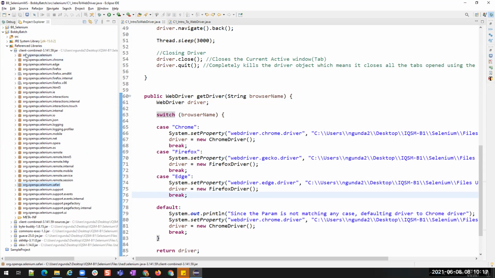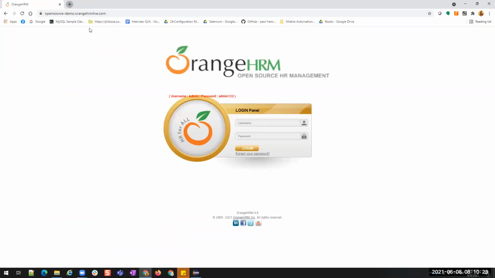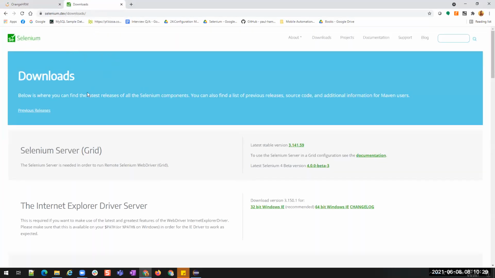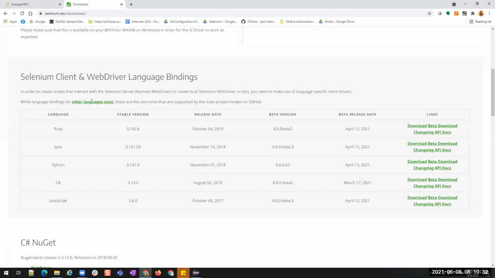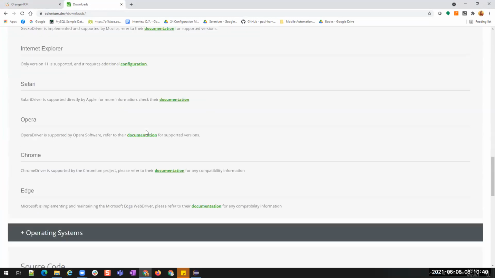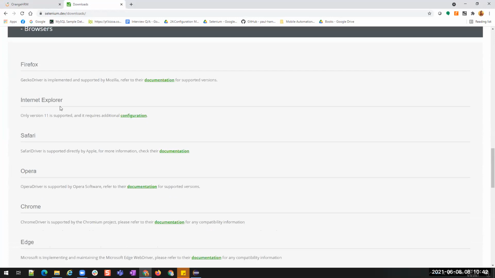If you don't remember which jar to open or which packages to see, there is one particular site for us: Selenium.dev. If you go to Downloads and see Third-party drivers, bindings, and plugins, and click open Browsers, it supports Firefox, Internet Explorer, Safari, Opera, Chrome, and Edge.